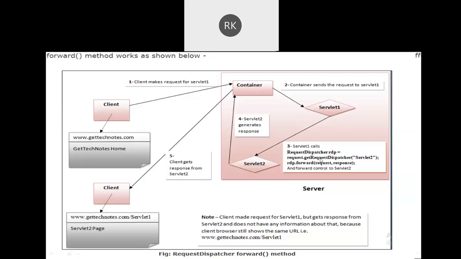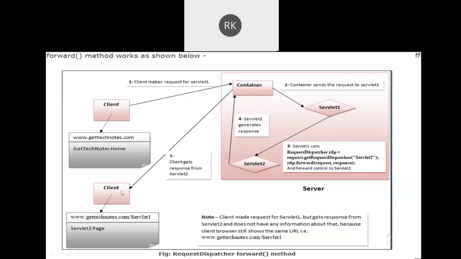The request dispatcher can have either the forward or the include. Let's suppose in this particular example, it is the forward request. What will happen in that case? The client has made a request for servlet one, but servlet one is forwarding the request to servlet two. You can see the code written in servlet one: request.getRequestDispatcher with the name of servlet 2, and rd.forward, which means it is forwarding the request.